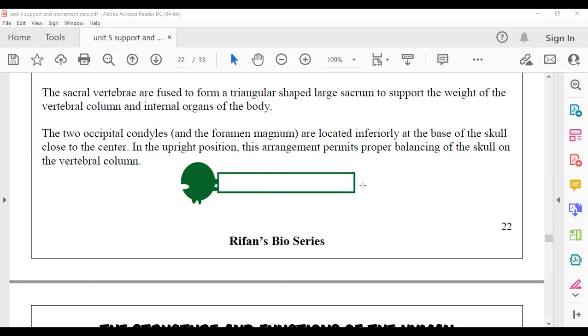If it is so, then we will not get the erect posture because the vertebral column is horizontal now. Correct? Yes, sir. So the foramen magnum